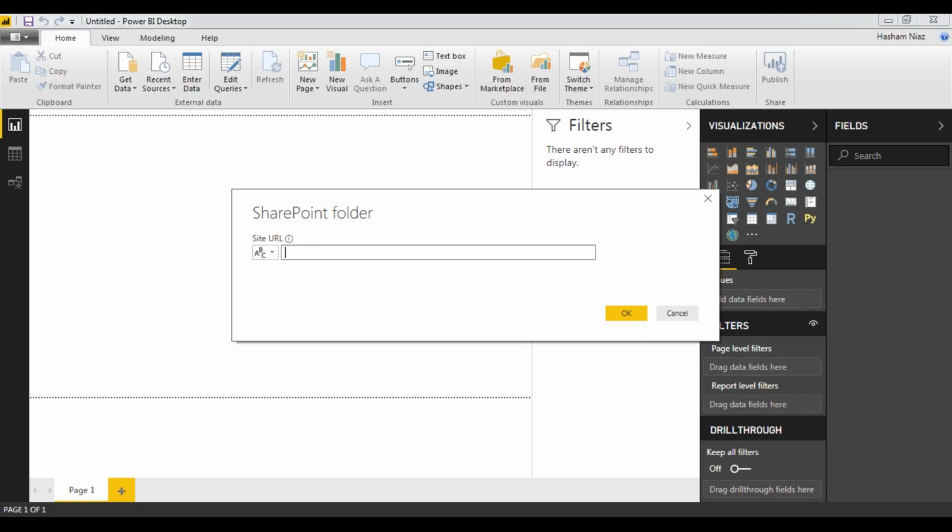So what I will be doing here, I will be providing a SharePoint folder URL. You don't need to provide the base folder. You only need to provide the site URL. So I can provide the static URL here, or rather I can choose to provide a parameterized one. So I will create a parameter here,